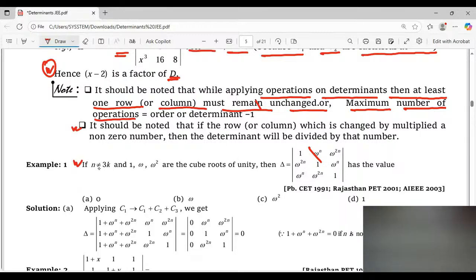So n not equal to 3k, and 1, omega, omega square, the cube roots of unity, then